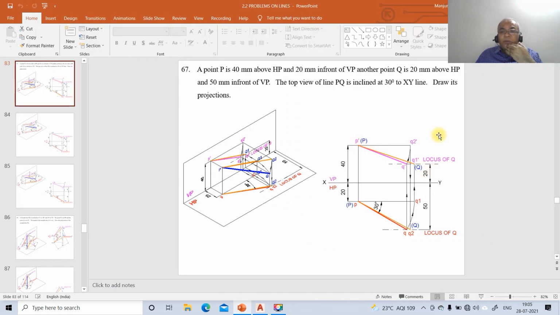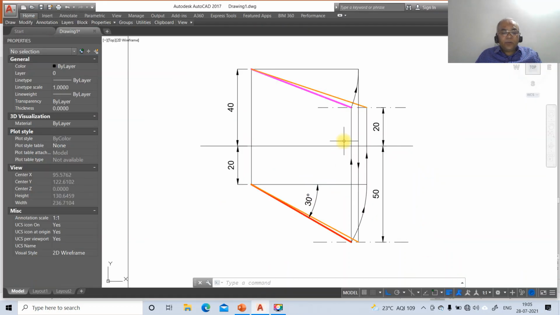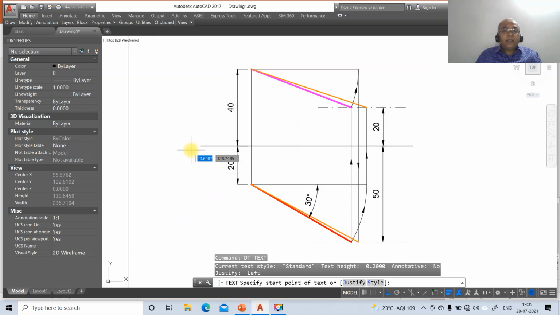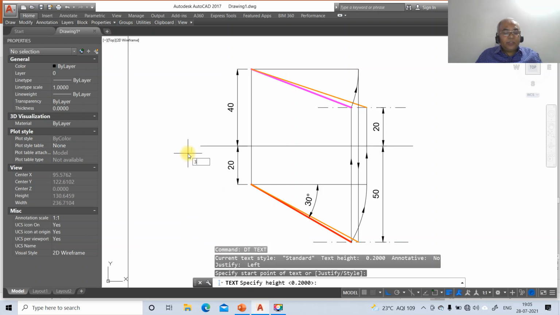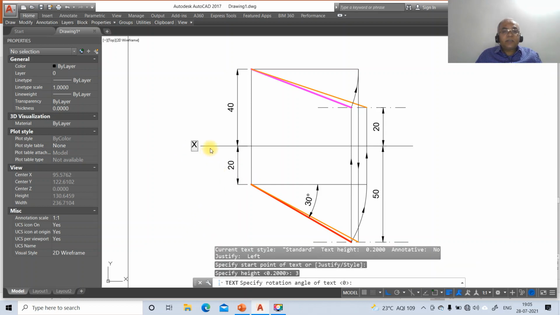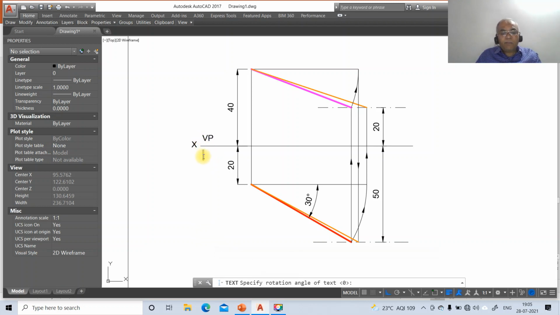Once you do that, now we need to go for PQ and all those things which you need to refer. So to do that, go to dtext. Here you mark 3 and type X and then VP and then HP.